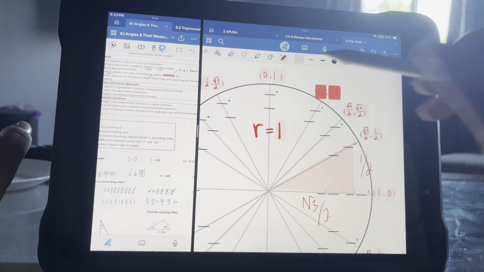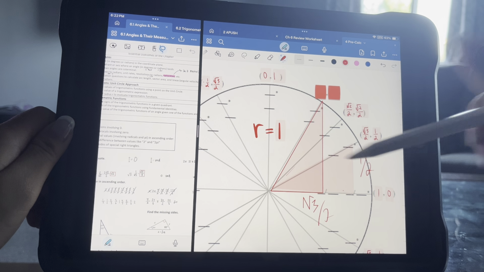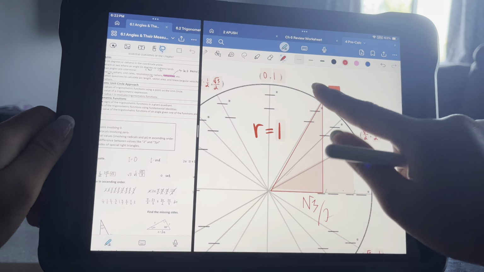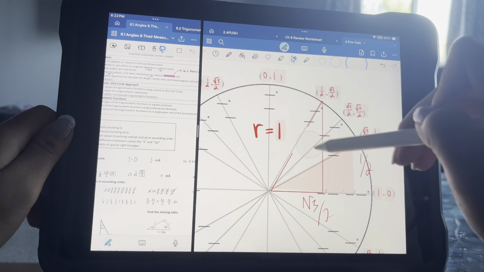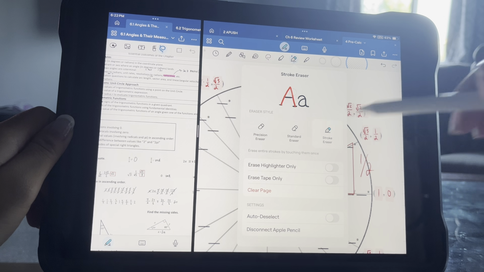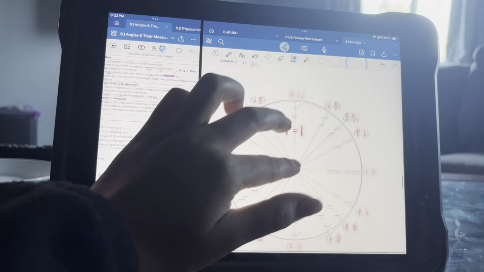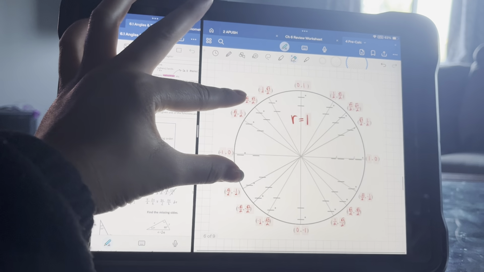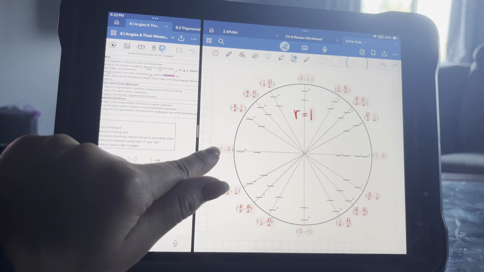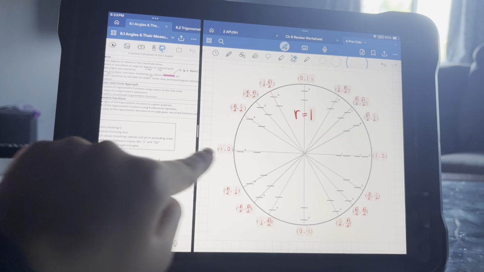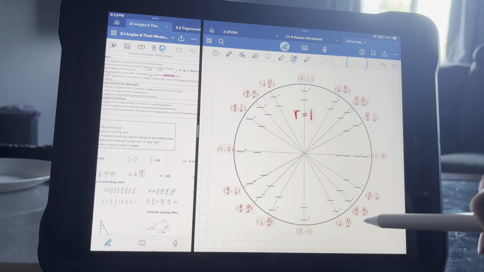So I'm going to draw this one. So this triangle, now our x is going to be 1/2, and our y will be root 3 over 2. And the rest of our coordinates are those exact same numbers, just positive or negative. So over here, all the x's are going to be negative, but all the y's will be positive. All the x's will be negatives, all the y's will be positives. All the x's will be positives, all the y's will be